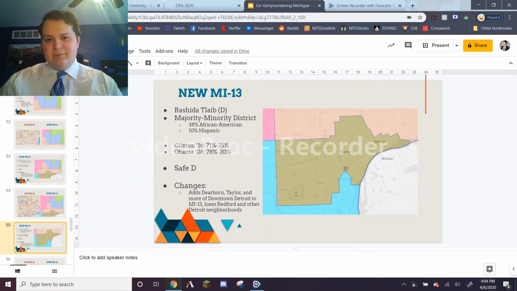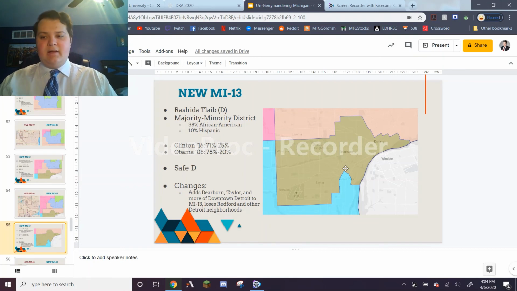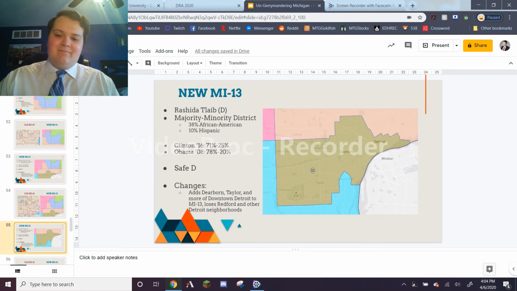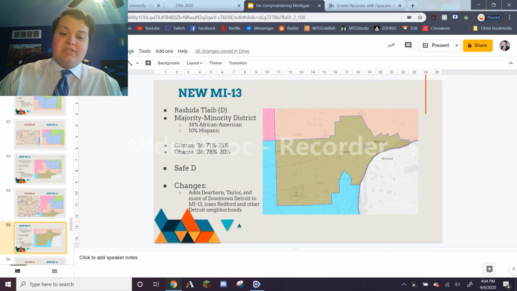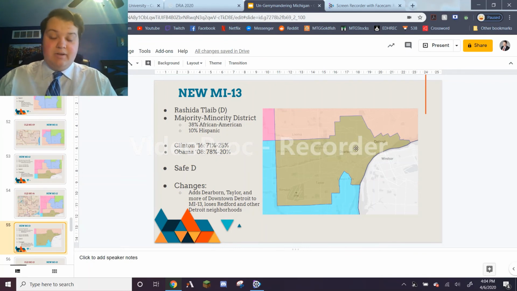I don't think that that's fully accurate because census data considers voters of Arab American descent and Muslim nationalities to be white, and that's, as we know, not really quite true. It eliminates a lot of the data that we have available to us, so it makes this district seem a lot whiter than it is. But between Dearborn and Dearborn Heights, there's an immense amount of Arab American voters in this district. I don't know what the percentage would be, but I could bet you it would be at least 5%, if not far more, within this district. That would also be represented by Rashida Tlaib, one of the two Muslim women in Congress.